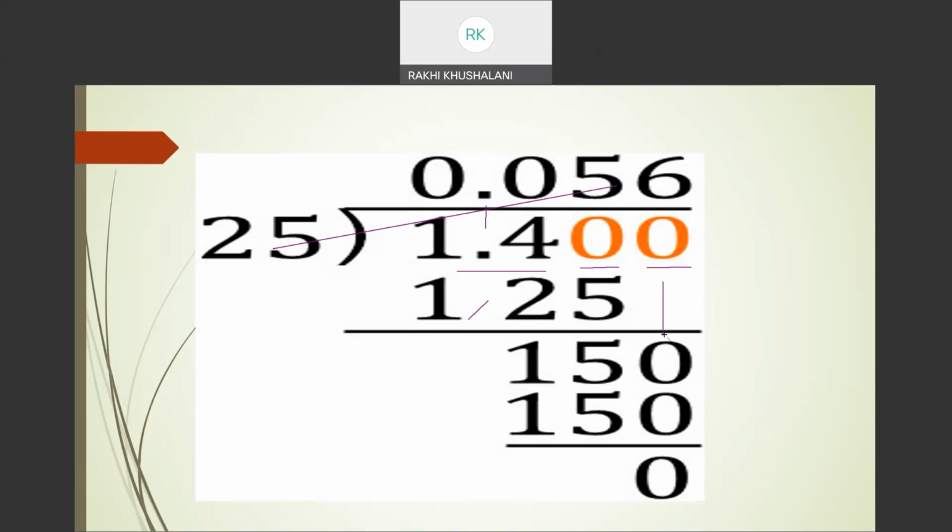Children, please remember you cannot leave the remainder, because leaving the remainder 15 will not at all be justified. You have to go on dividing by adding the zeros up to the time you get the remainder 0. Here it finished in 2 steps, by adding 2 zeros, but many times you have to add almost up to 3 to 4 zeros. But you have to do it. Please look at the screen again, try to understand, take a pause of 2 minutes and look at it 2-3 times so that you understand it better.